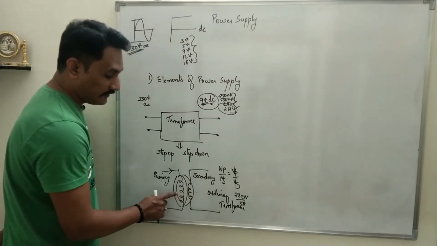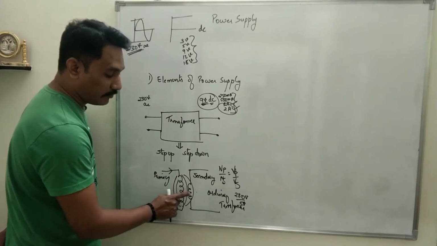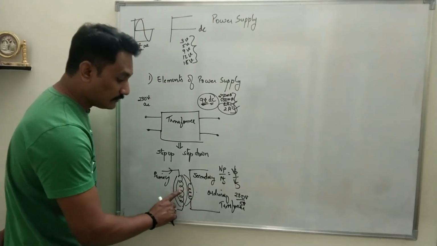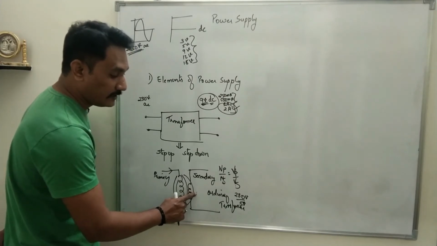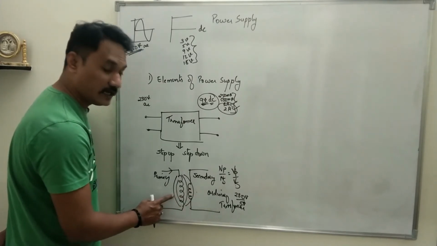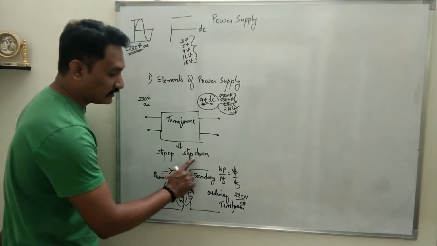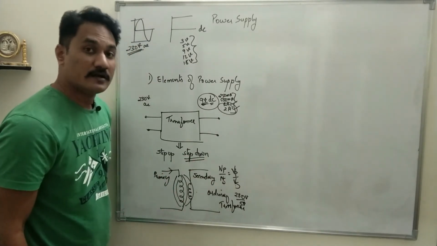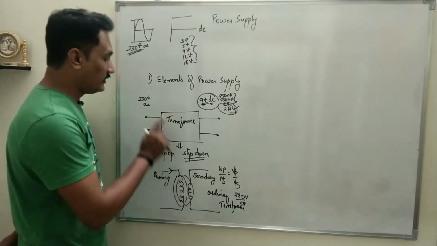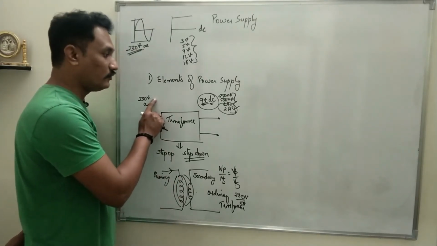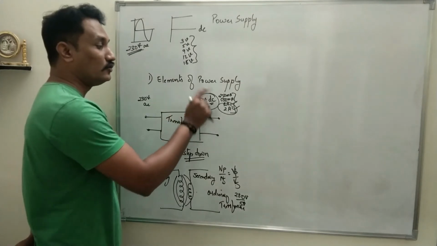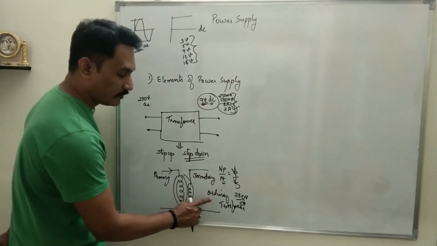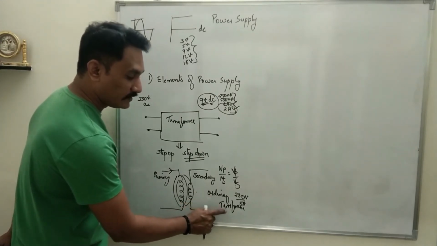What you can see is I have purposefully kept the number of turns in the secondary less compared to the primary coil. That means the voltage induced in the coil will be less compared to the voltage across the primary. So that type of transformer is called a step down transformer. So basically a transformer converts high AC voltage, high AC current into low AC voltage, low AC current. So this is one of the transformers, the ordinary transformer.